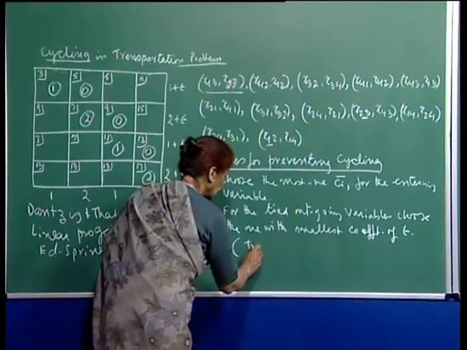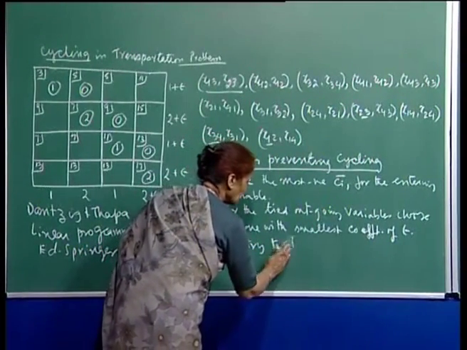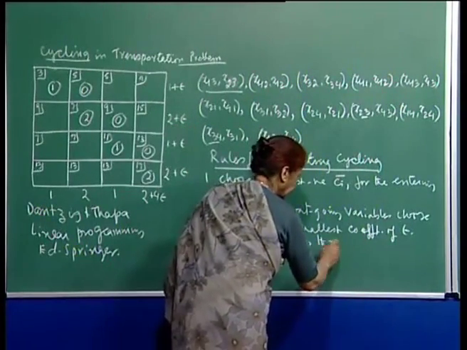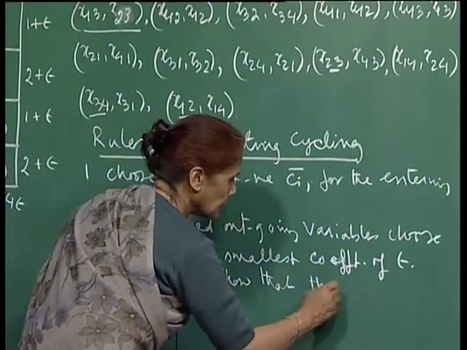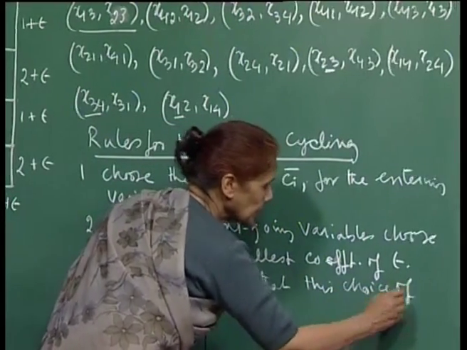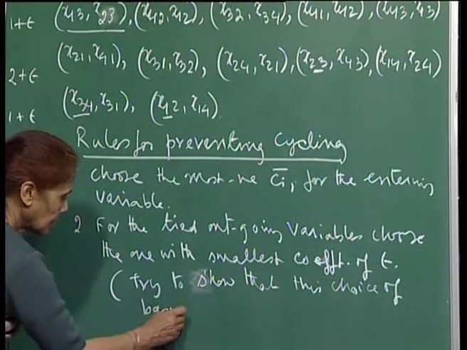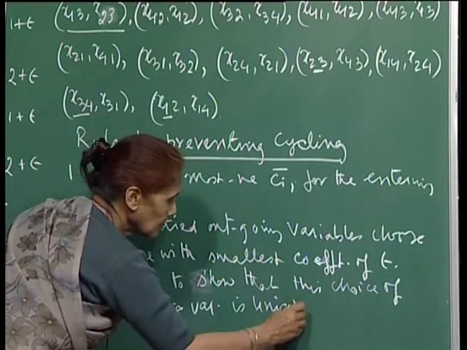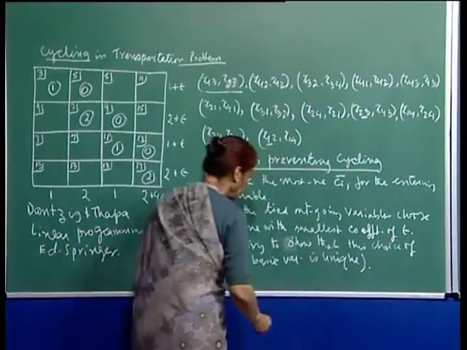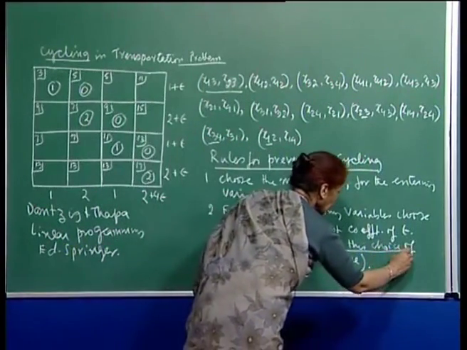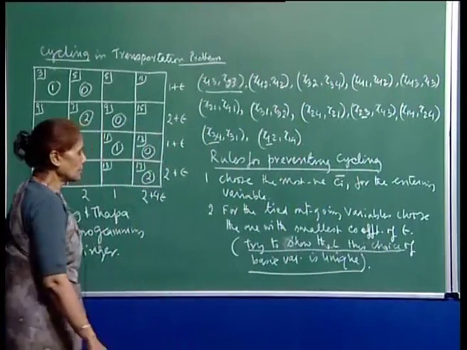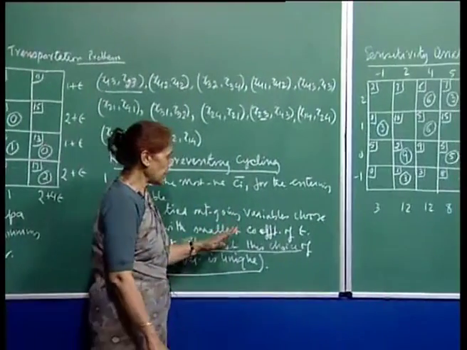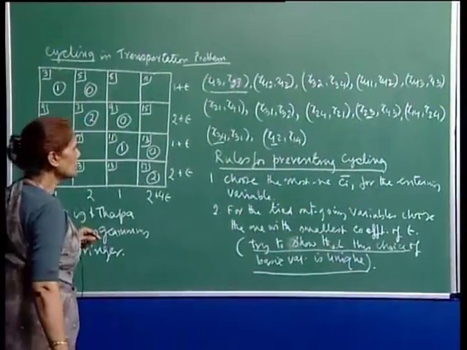So, try to show, this is a question for you, try to show that this choice of basic variable is unique. Okay. So, I should maybe underline it. It will be good if you can sit down, this will give you a good understanding of the algorithm. So, anyway, for the outgoing variable you will choose the one with the smallest coefficient of epsilon. I will show you 1 or 2 iterations on this to